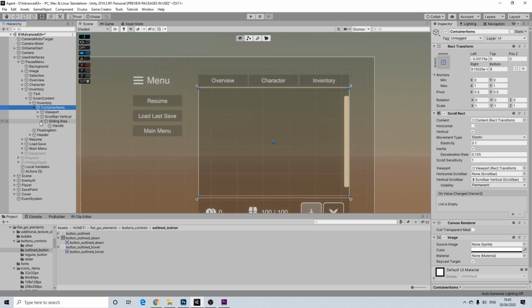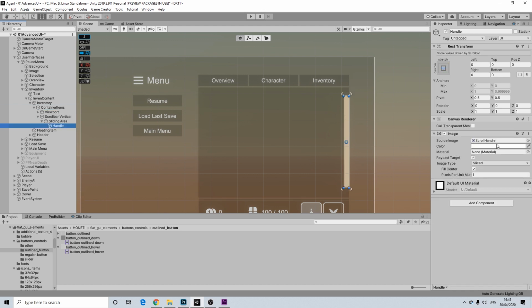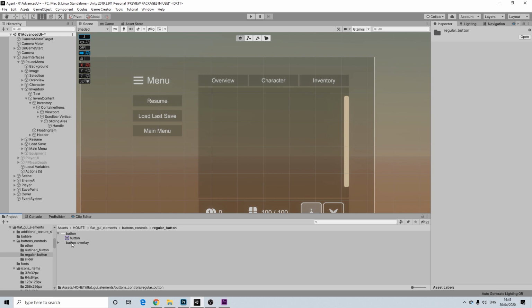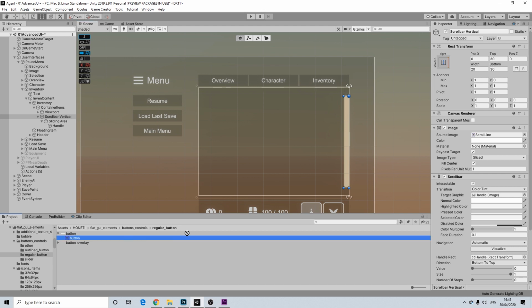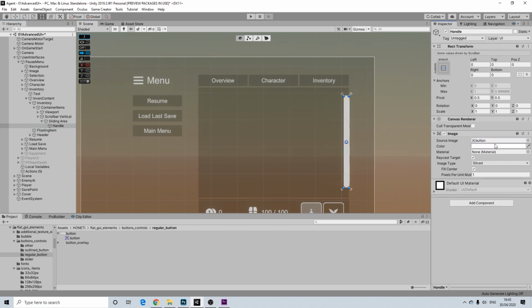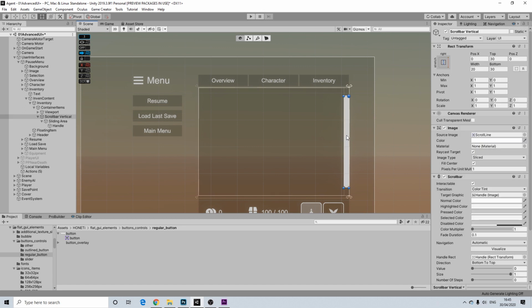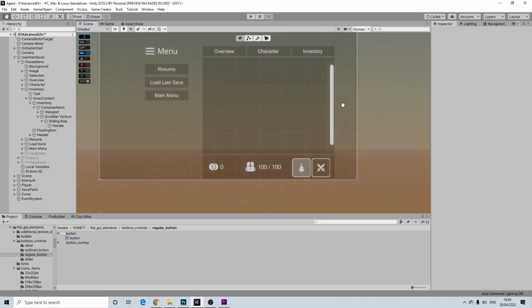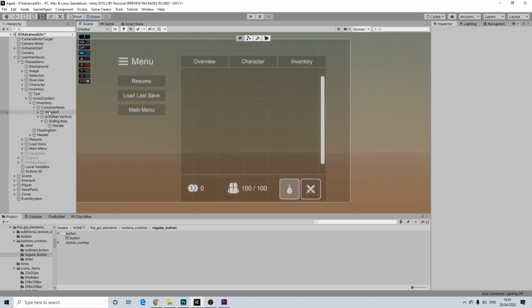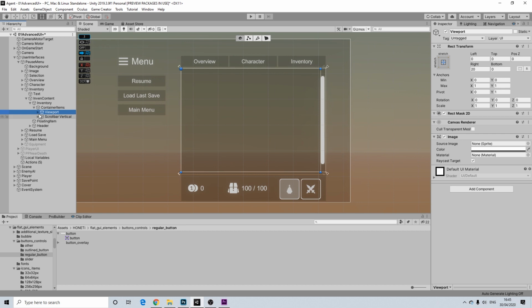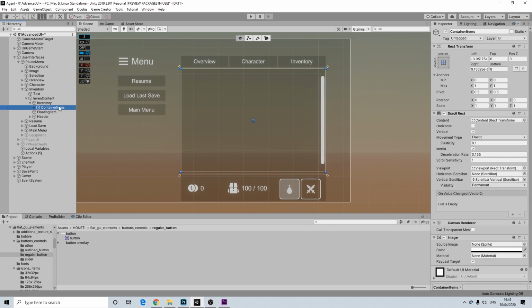I'm going to quickly replace that scroll bar to something else. Right. Now I have slider buttons, but for some reason they look absolutely horrible. I'm not really sure why. So I'm just going to use this one. There we go. This looks fine. Maybe that's a bit much in the corner there. Yeah, that's fine. So now this entire space will be, this is the viewport, so that contains all of the